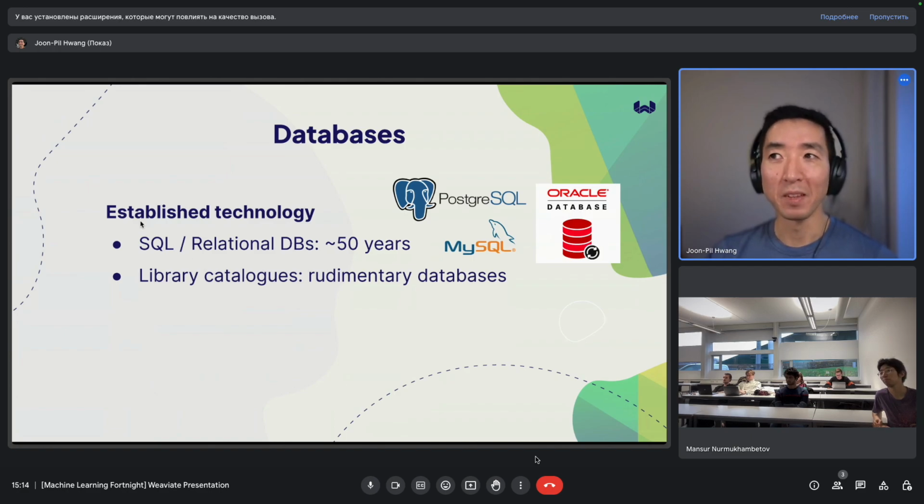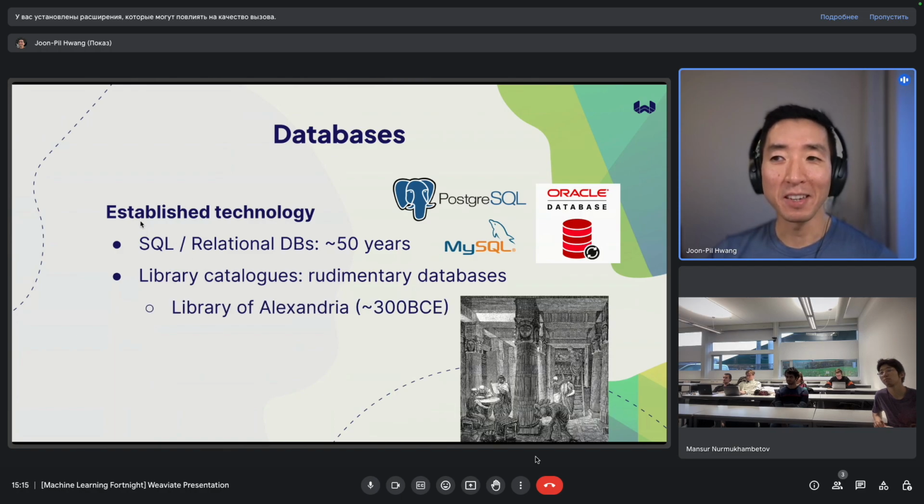And I would argue that actually things like library catalogs, right, are rudimentary forms of databases. If you do know about the Library of Alexandria, that was around 2,500 years ago, it held around 100,000 books. And the way they cataloged the books was through these little clay tablets that indexed where the books were, sorted by the author.